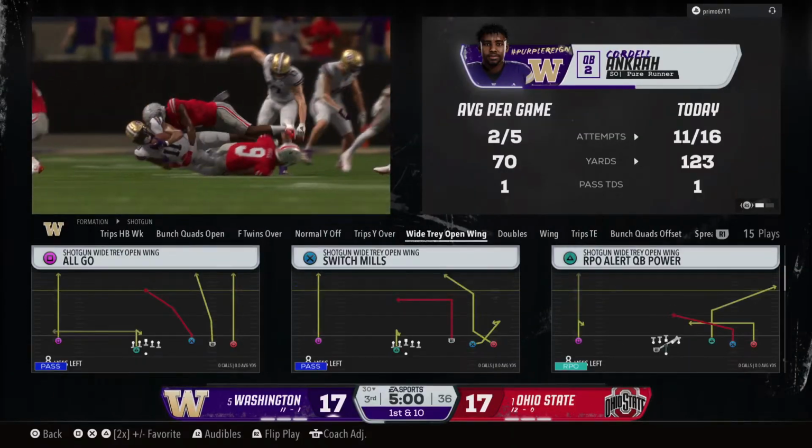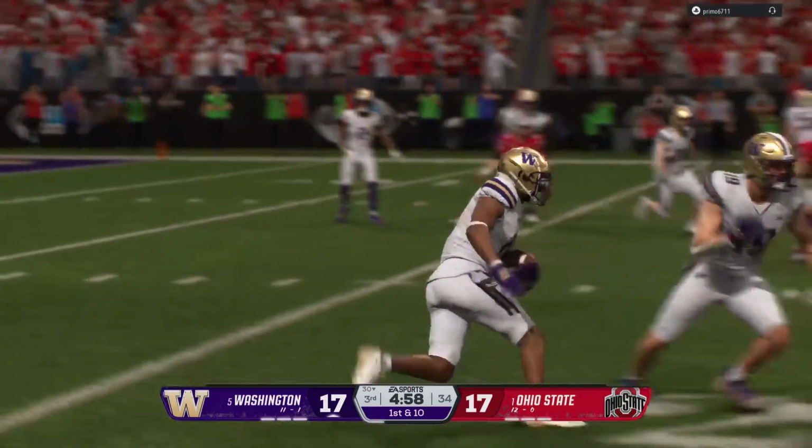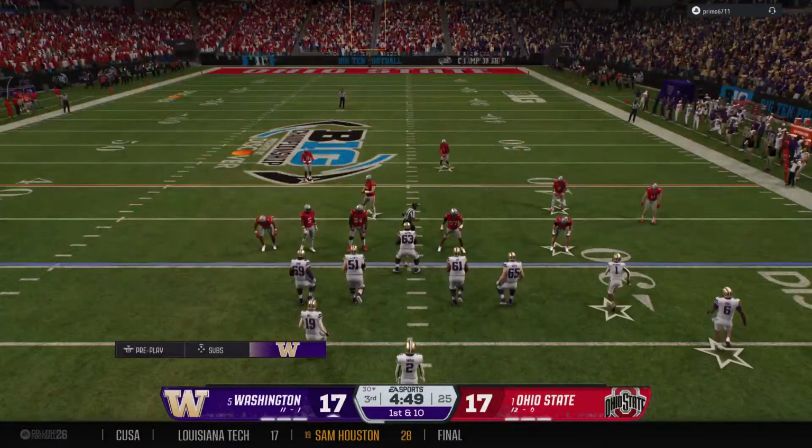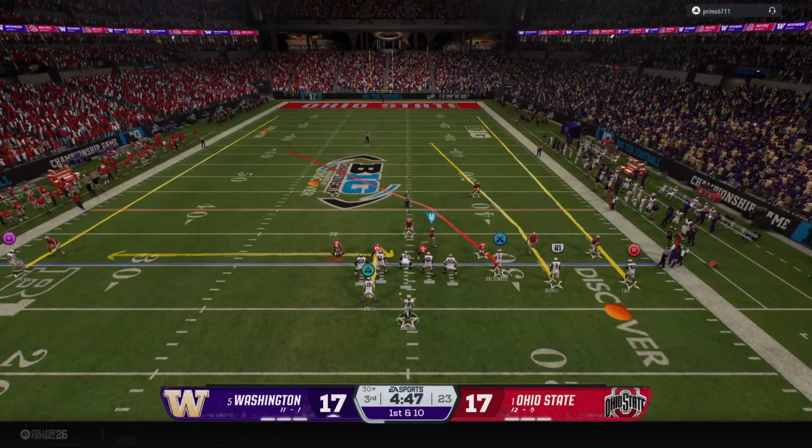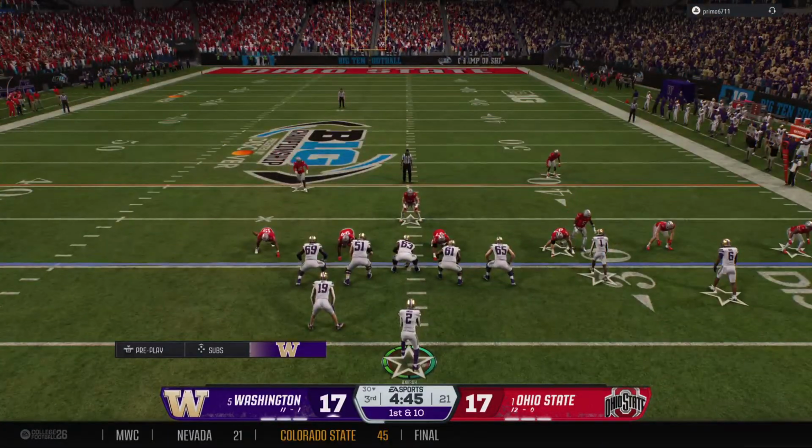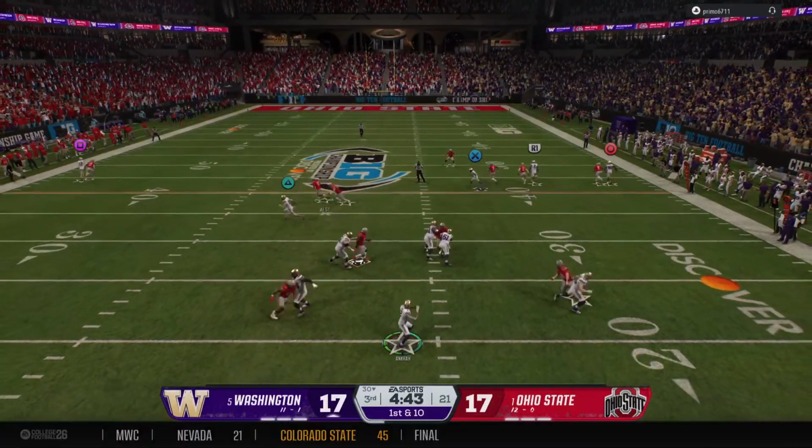Boy, really nice throw here to the slot receiver, and I love the quickness that he has after the catch. He's essentially a running back playing at that slot position. That's how dangerous he is after he makes a catch.